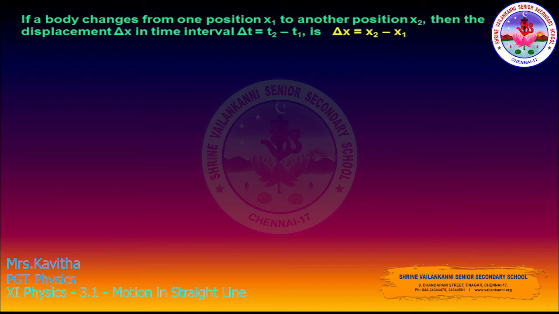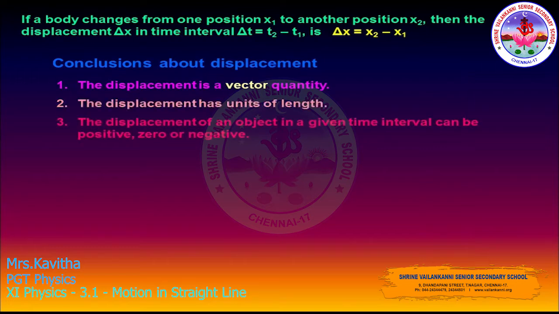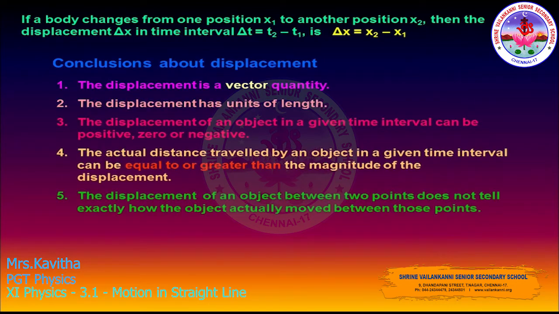If a body changes from one position x1 to another position x2, then the displacement del x in the interval del t, which is equal to t2 minus t1, is del x, which is equal to x2 minus x1. So how can we describe displacement? Point number 1, displacement is a vector quantity. Displacement has